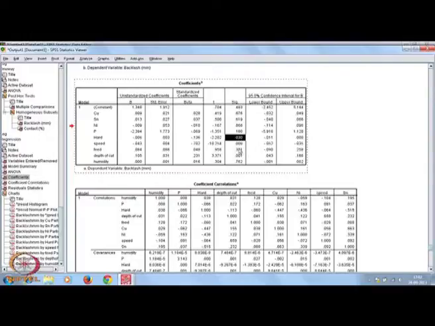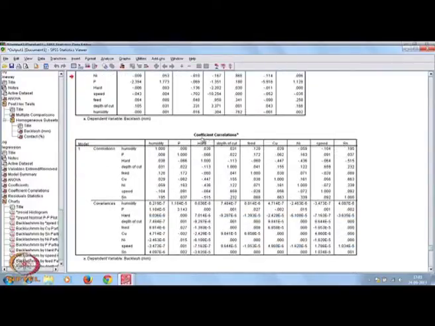So, this is significant. The second one, speed, is significant, and depth of cut is significant. Speed, depth of cut, and hardness are significant. Okay, we have seen earlier also that this has happened.